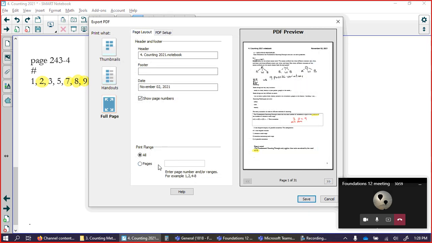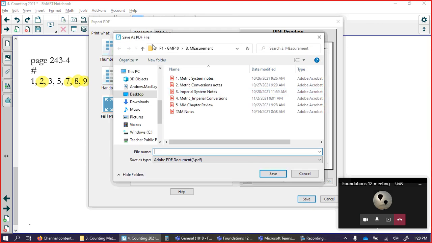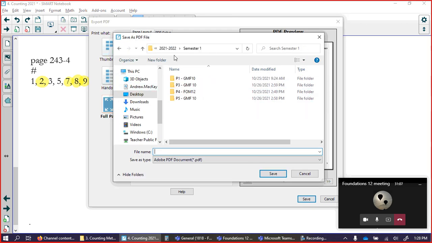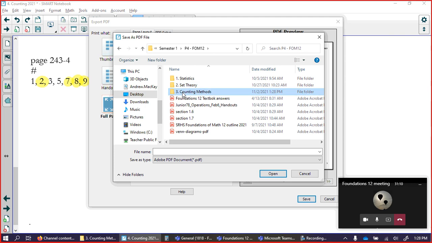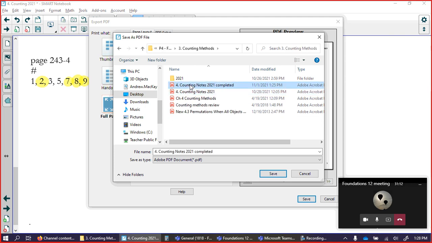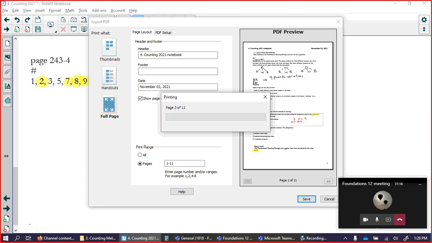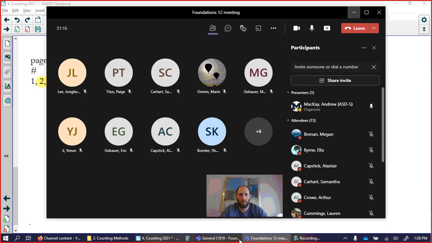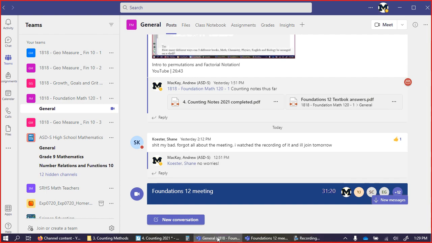I want 1 to 11, because that's the pages that we need. We are not in my grade 10 class. We're here, we're doing counting. Yes, I want to replace it because we've added some stuff. So I will shortly